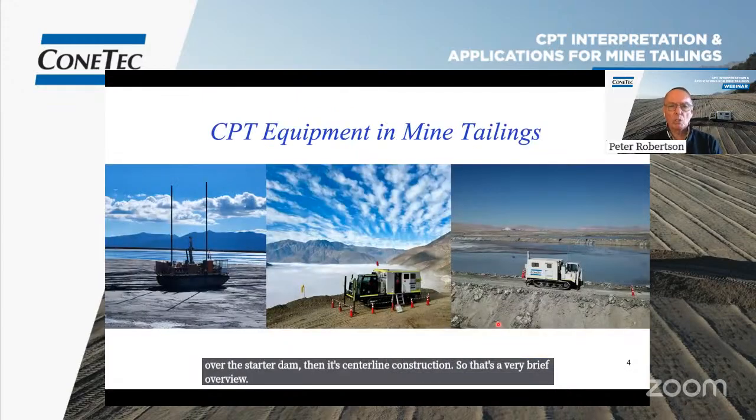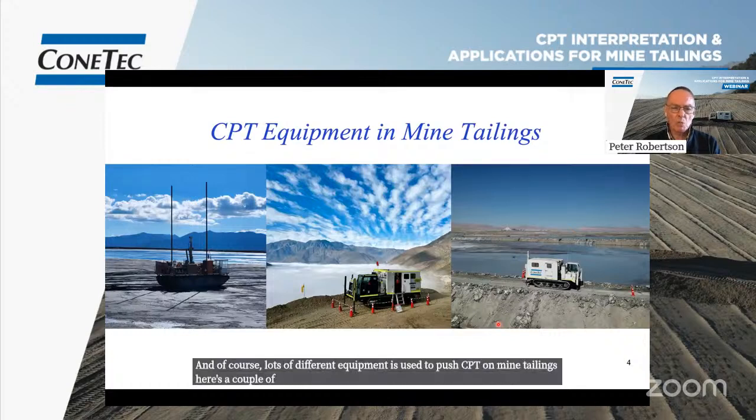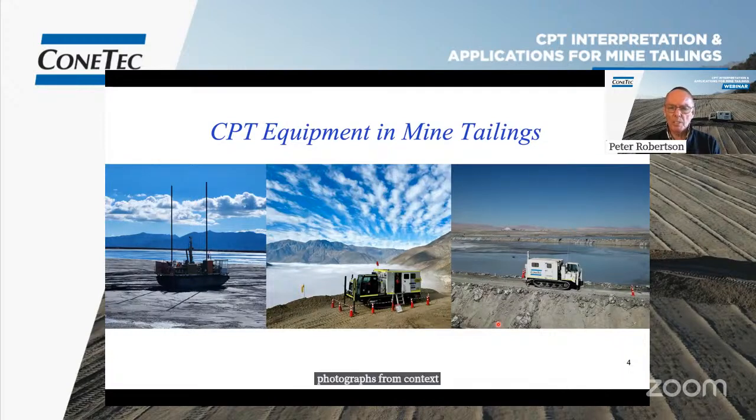And of course, lots of different equipment is used to push CPT on mine tailings. Here's a couple of photographs from Context. So you quite often see these track-mounted units, which often have the capacity to push about 25 tons. So you can push a long way, up to 100 meters in soft tailings, typically. And then you can get